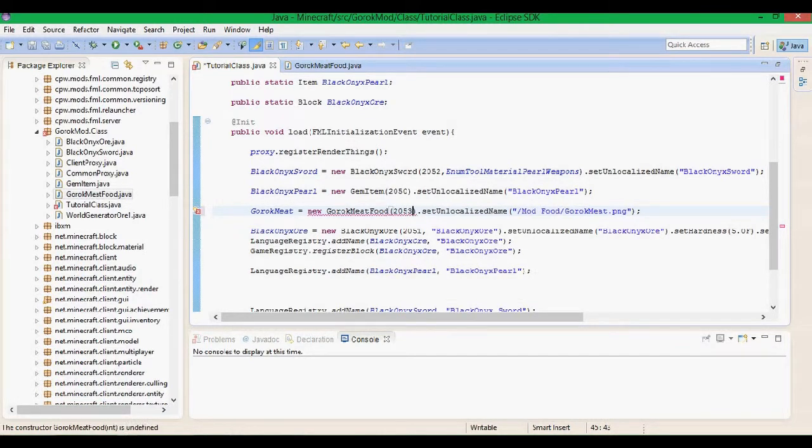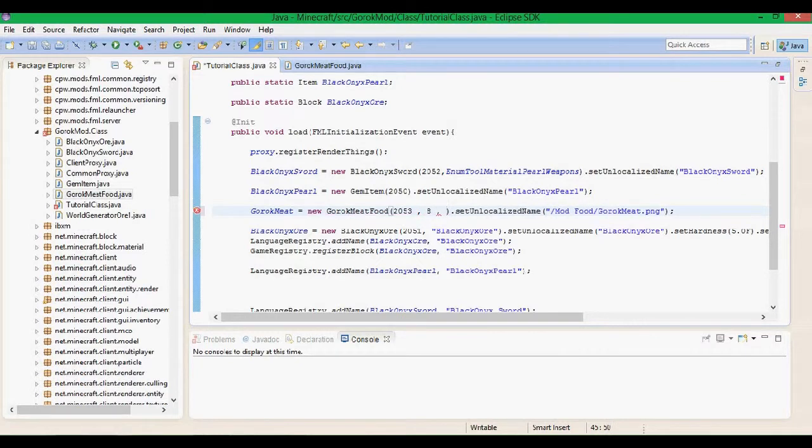Then I'm going to be right here. The first is the ID, so 253. Comma. The hunger. So anyway, in the hunger bar there is half, 2. So 1 is half, 2 is full. So there's 10 hunger icons, but the value is 20, because 1 is half, so 2 is full. So 2 multiplied by 10 is 20. So I'm gonna put it as